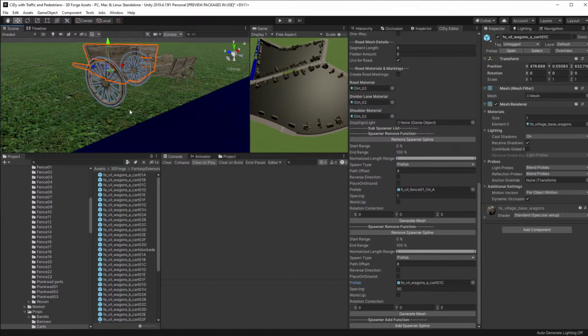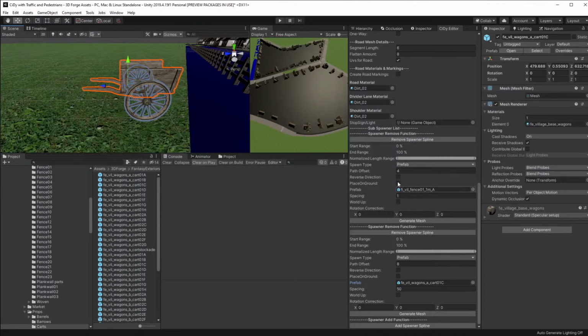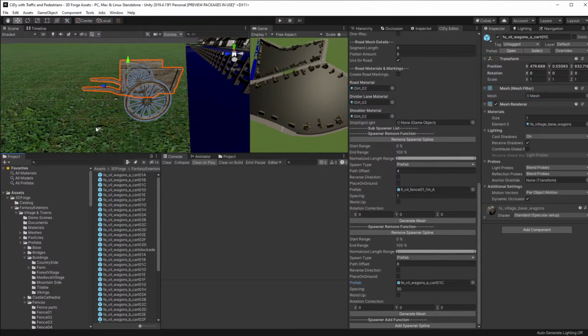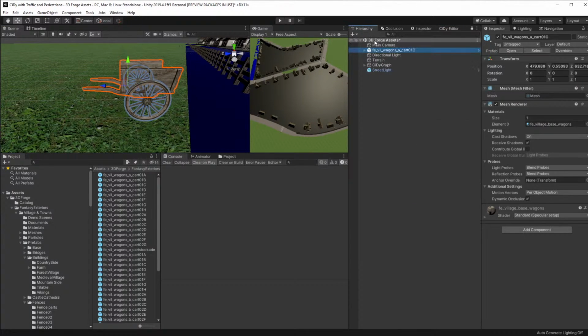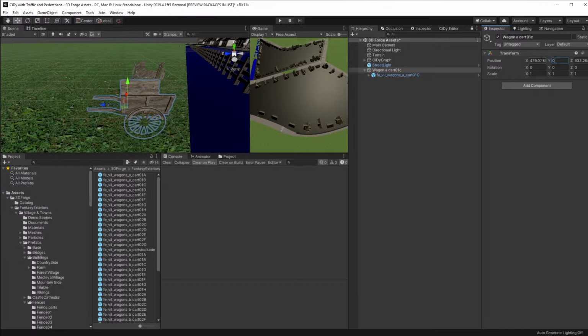I have mentioned this to the publisher, and he says he'll change it. So I'll just give him some time, and he'll allow you to put an override inside the configuration of the spawner. In the meantime, what I'm going to have to do is put that inside of a holding object. Wagon, that's a cart 1C, and then drag the wagon into the cart, into the holder I should say,